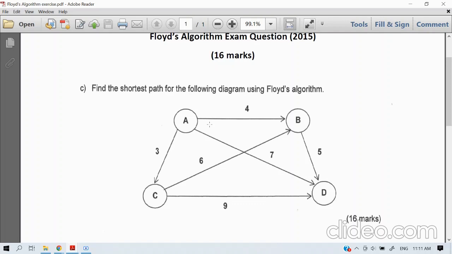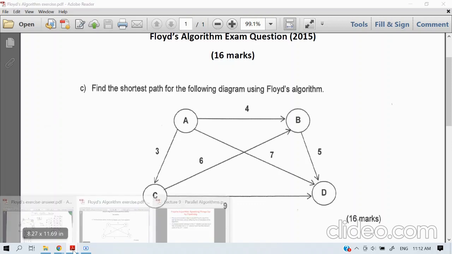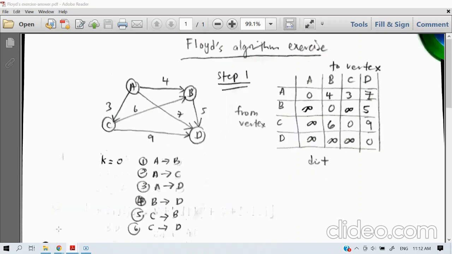So how many iterations here? We need to look at the number of nodes. Basically, how many nodes are there? There are 4 iterations that we need to do. Okay, so how to solve this? Let's look at the answer. First of all, for anyone who wants to snap a screenshot, if you have questions you can ask Madam